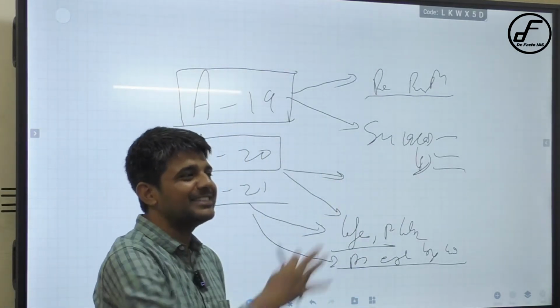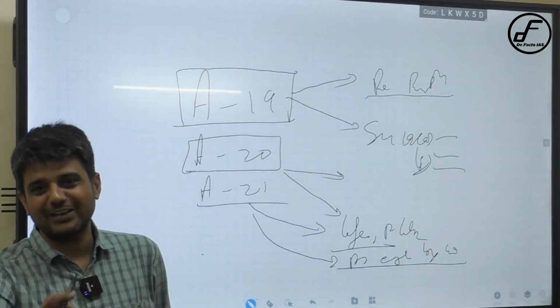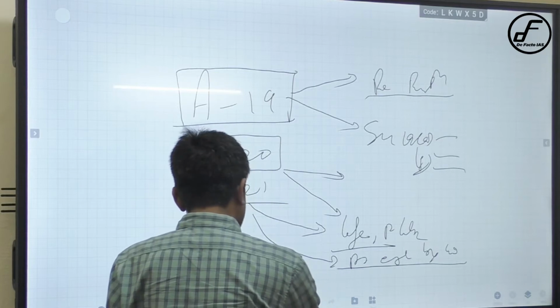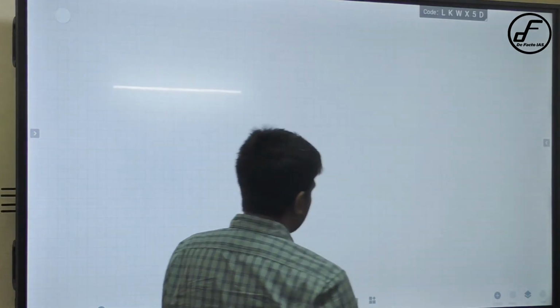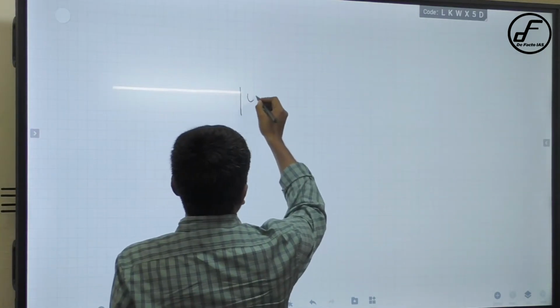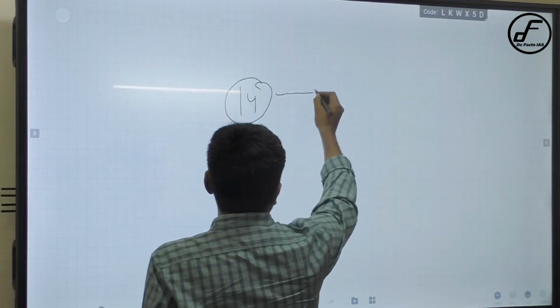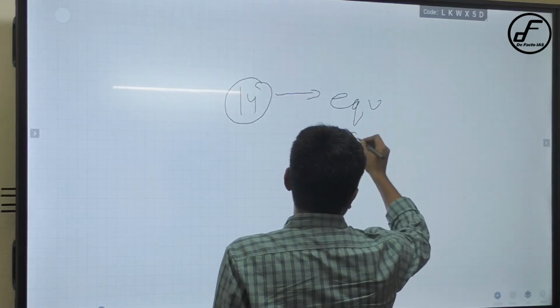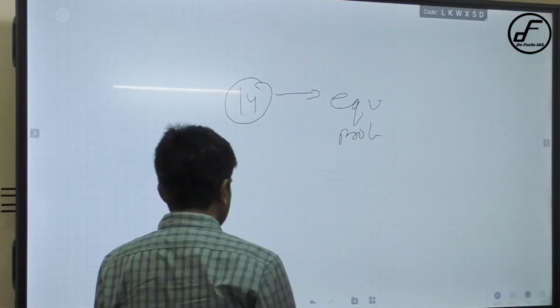That you can talk about in a GS paper, but you cannot talk about it in law, because the things are different. So let me first explain that itself, and then we will move towards 19. See, if you think about it, Article 14 basically talks about equality before law and equal protection of law, right?